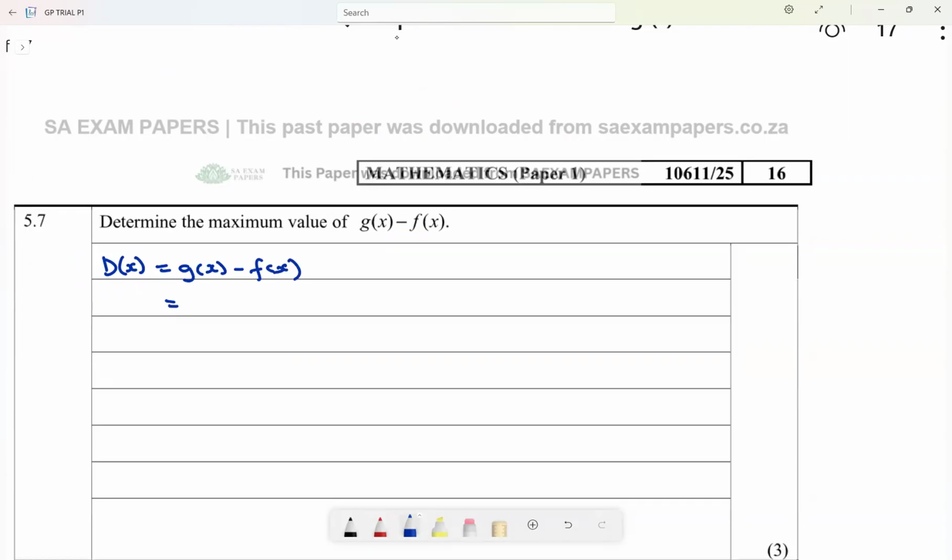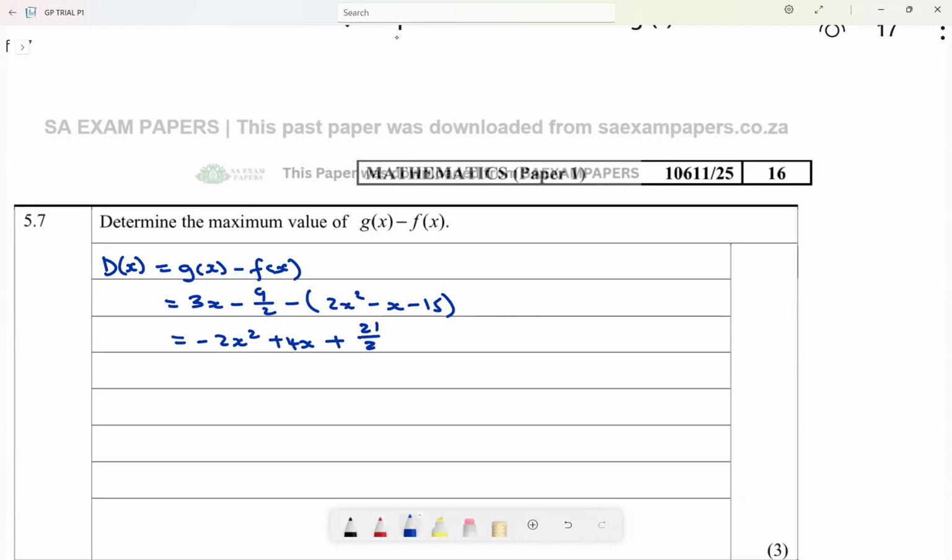Okay, g of x, remember g of x, it is 3x minus 9 divided by 2, minus, you put a bracket, and then f of x, it is 2x squared minus x minus 15. And then you simplify your mathematics, you'll get negative 2x squared plus 4x, and then negative 9 divided by 2 plus 15,